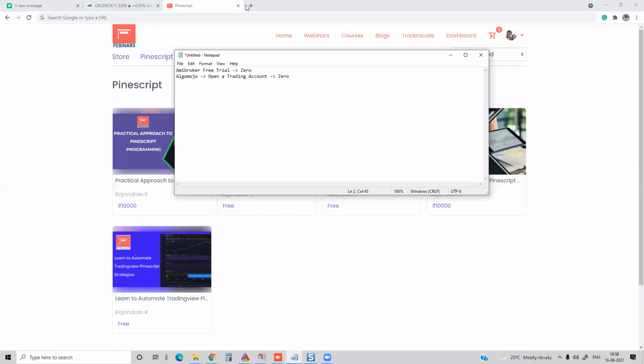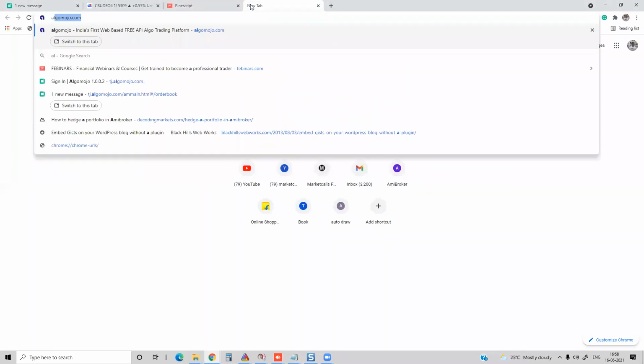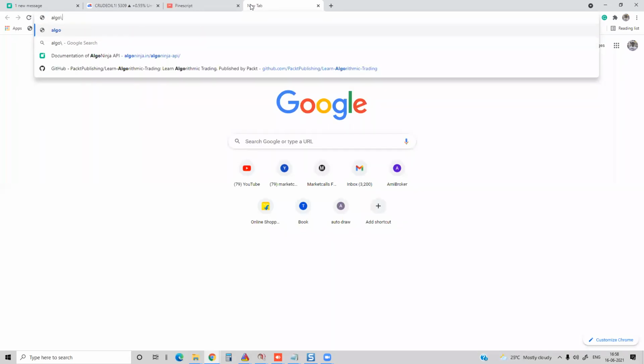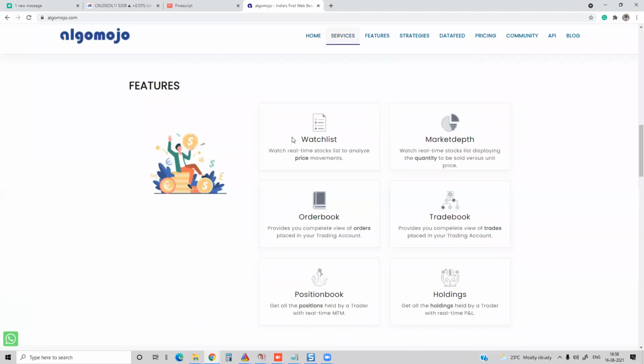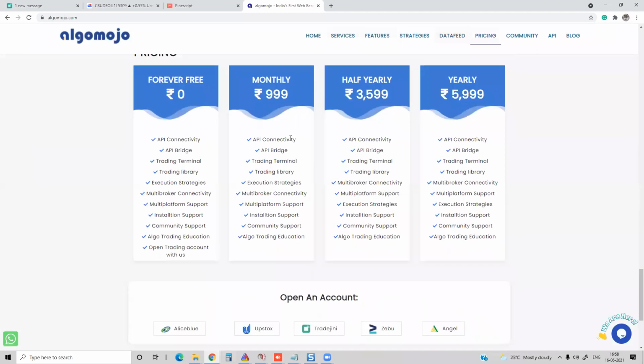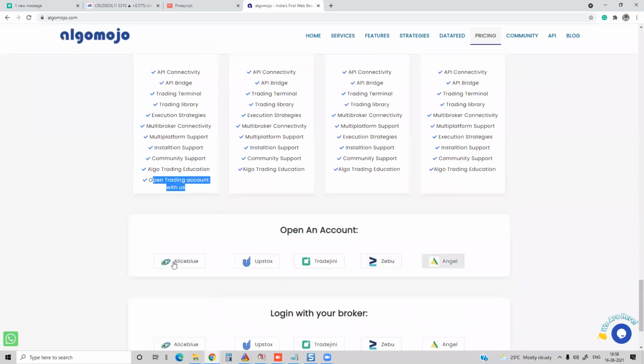If you go to AlgoMojo, there is a free plan available here. This free plan is exclusively for traders who are opening a trading account with us, with AlgoMojo. You can open an account with any of the partner brokers listed over here.